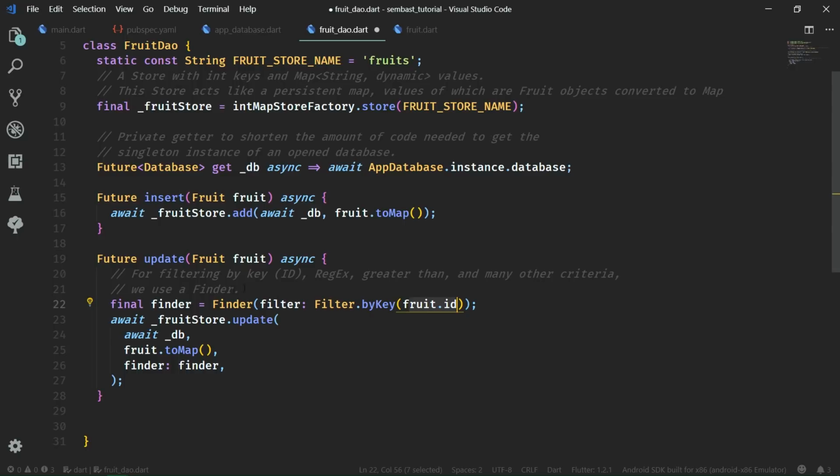Then to update the fruit, we need to call fruitStore.update. And we want to, again, specify the database instance. We want to specify the new value of the fruit, which will be there after the update. And then also the finder, which will let the Sembast library know which fruit precisely we want to update. And as we have specified here, the fruit with a certain ID will be